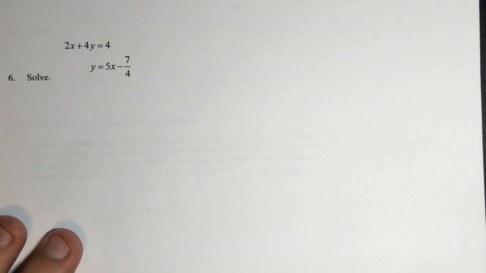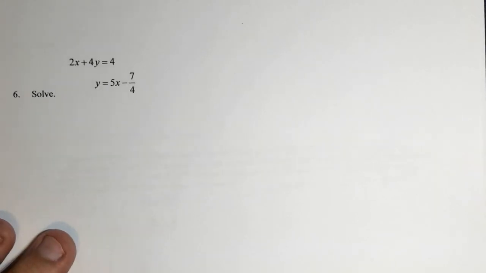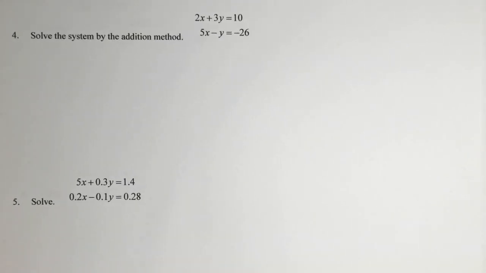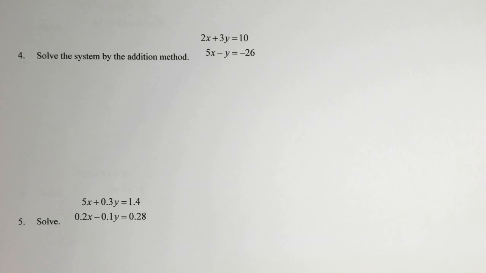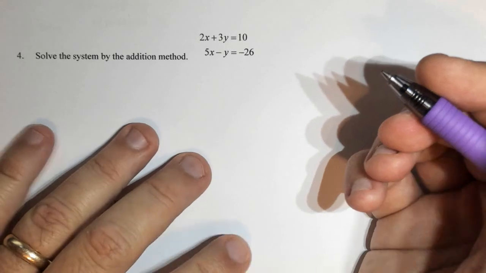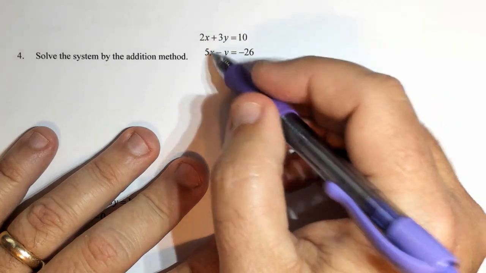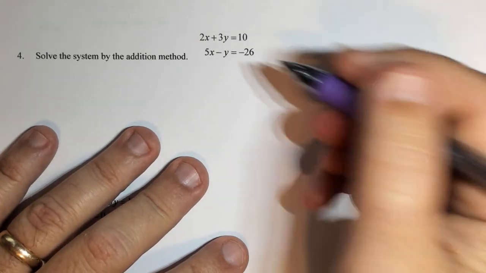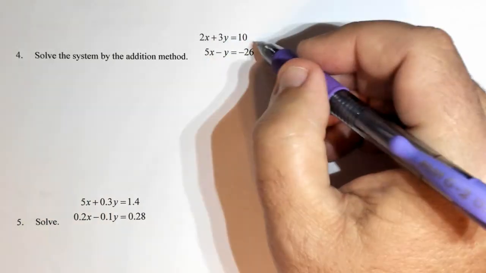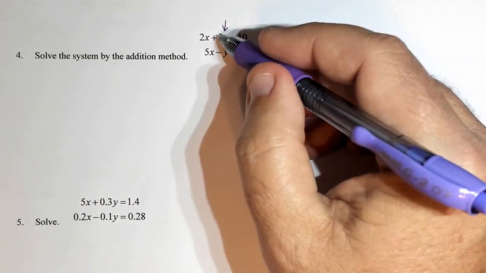Let's now look at this example, number 4, on our notes. It says now using the elimination method. As I look at this, in the addition method or elimination method, like we said, we want to get one of the variables to cancel out. Now notice, same problem as last time, so we already know our answer. But doing the same problem, let's try and get rid of the y's because they are already opposite